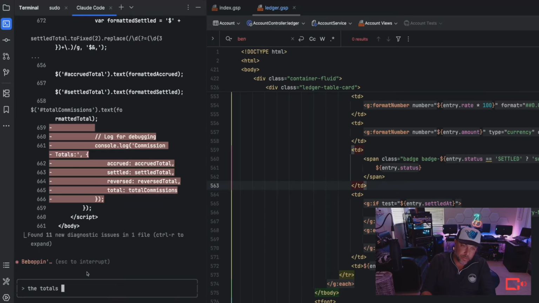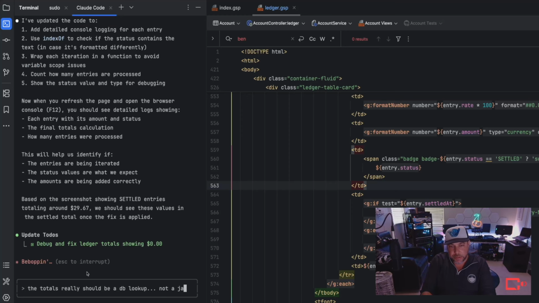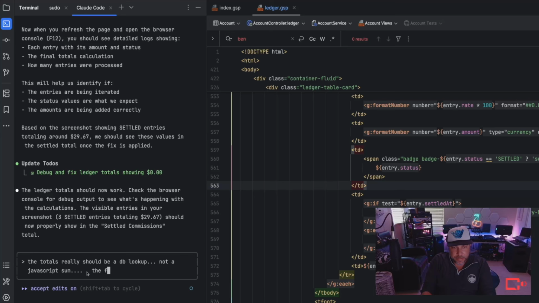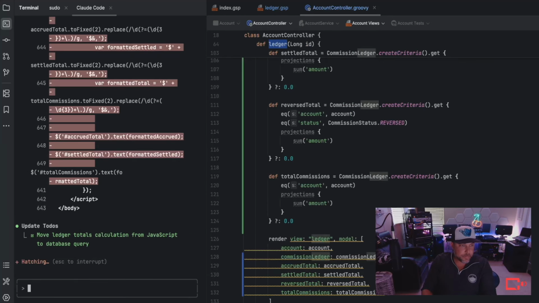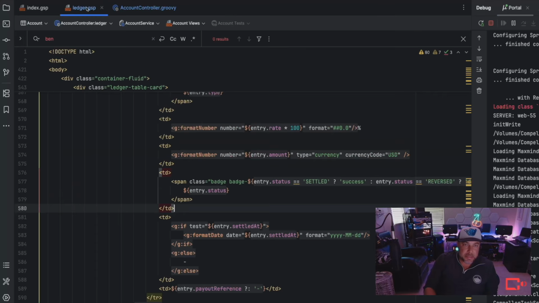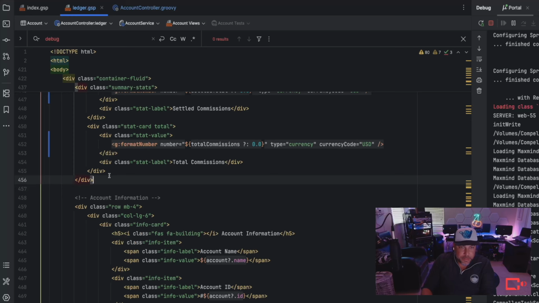Okay, look, the totals really should be a DB lookup, not JavaScript. The values need to be accurate. Okay, just come over here and say reversed.